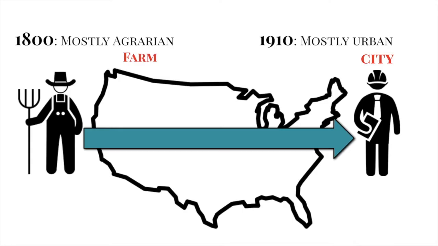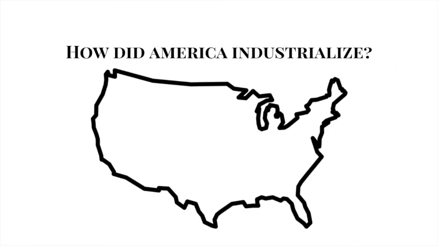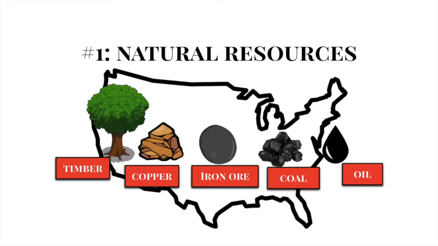And that's where the industry is going to develop, and around that industry is going to be large cities, a topic that you may have covered in your world history class. So how is America going to be industrialized? Well, like any country that industrializes, America has the factors of production. And number one, it has a tremendous amount of natural resources, everything from timber to copper to iron to coal, and especially to oil. America is a pretty vast country with a lot of different varieties of natural resources.